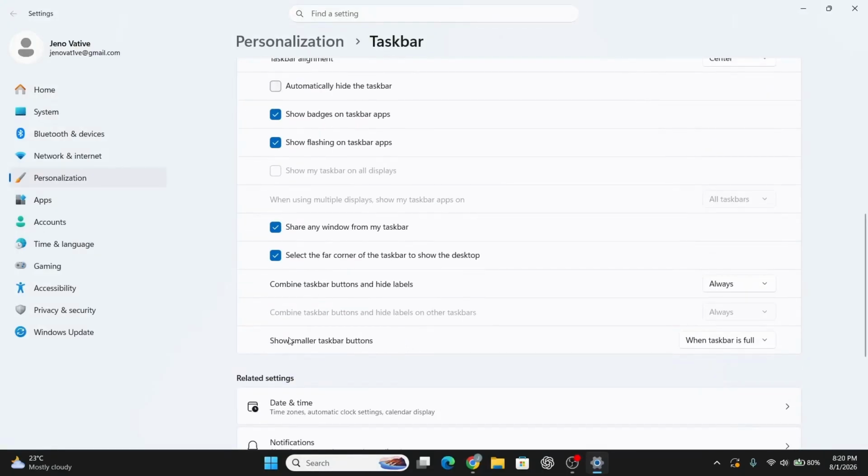In the next step, click on it to see the available options. Following this, choose from Never, Always, or When Taskbar is Full. Once done, select When Taskbar is Full if you'd like icons to automatically shrink only once there's no more room